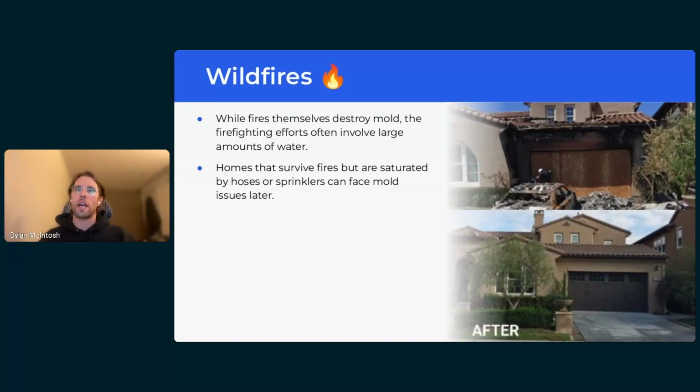So that moisture has to go somewhere. And a lot of the times when there's been a structure fire, you're not going to be moving back in right away. So that moisture can go unnoticed and persist for quite a while, leading to an even larger restoration effort when it comes to remediating mold, as well as demolishing all the impacted materials and building it back.